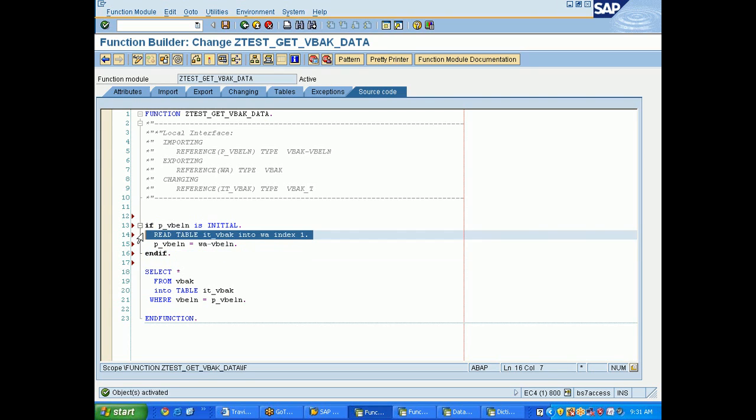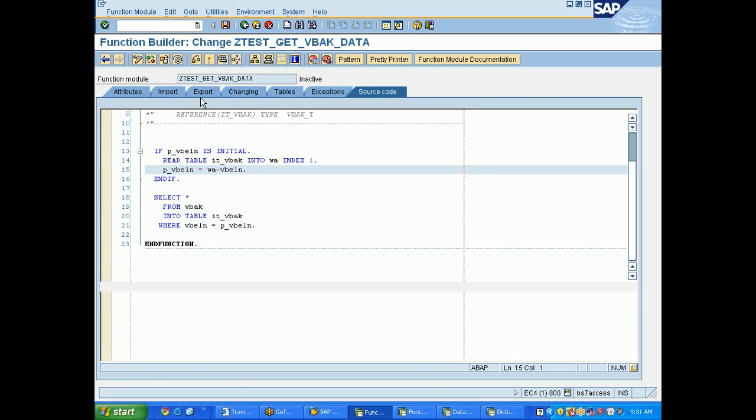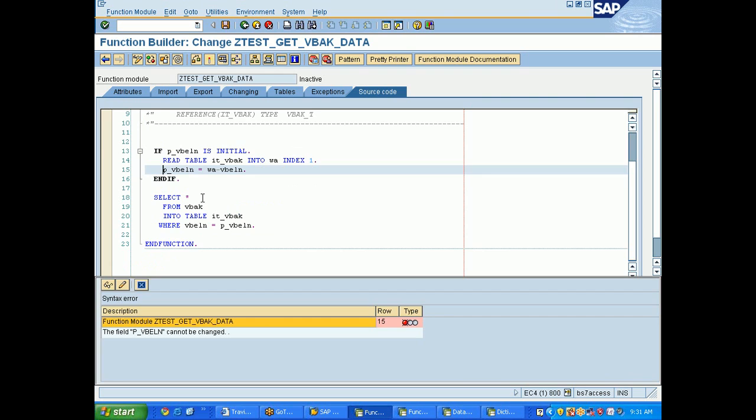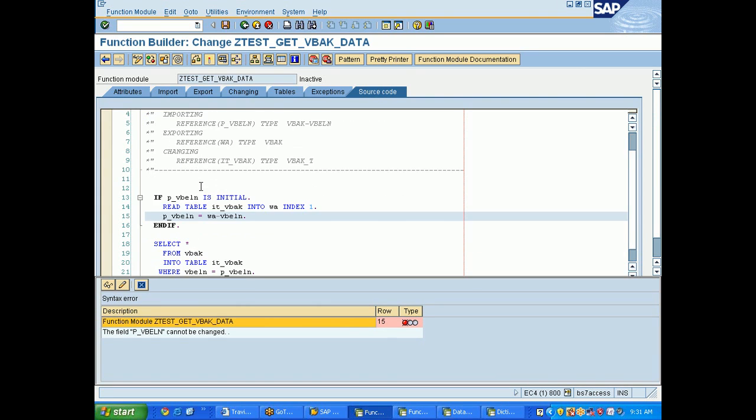So already we have seen this read table syntax somewhere, correct? Yes, sir. I will explain it once again, don't worry. So now I will save it, check it. P_VBELN cannot be changed. Okay, otherwise I will say here